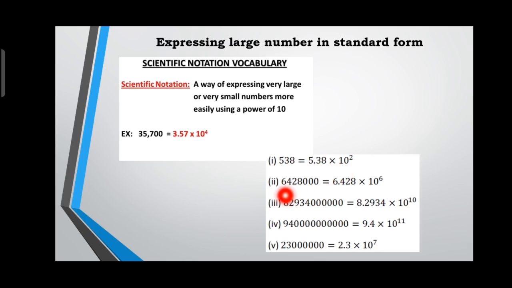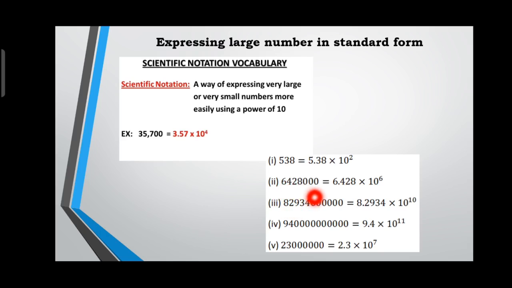And coming to the next example, 6428000 is equal to, so after the first digit keep a decimal dot. I told you only the natural numbers you can write, don't write the whole numbers. The natural numbers are 4, 2, 8 alone. The zeros will come under the whole numbers. So first check what is after the decimal dot, how many digits? 1, 2, 3, 4, 5, 6 numbers. So it can be written as 6.428 into 10 to the power of 6. Am I clear, children?